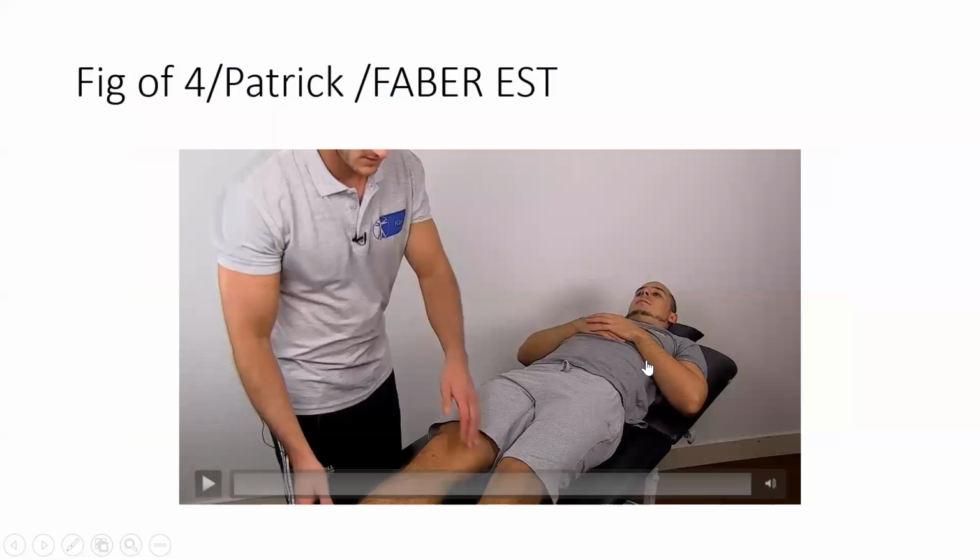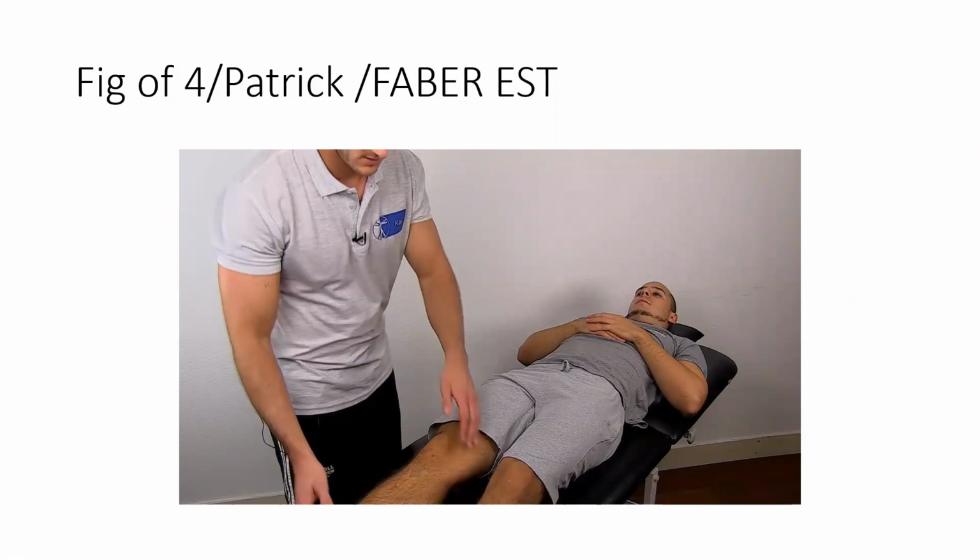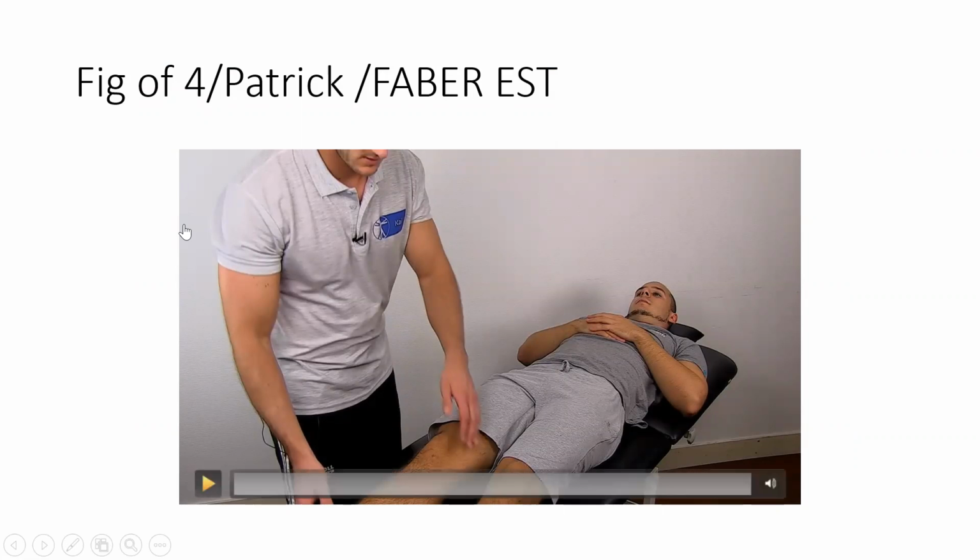Now this is the figure of four test. It's known as Faber test. So the best position of your hip in any issue, in any synovitis, in any infection is Faber. Favorite position of your hip should be there. Faber is flexion, abduction, and external rotation of your hip joint. इसको figure of four बोलते हैं because it looks like a figure of four.